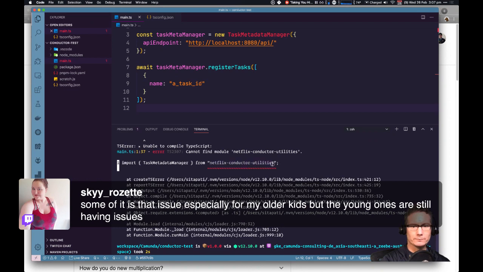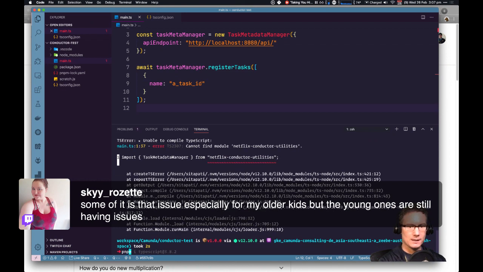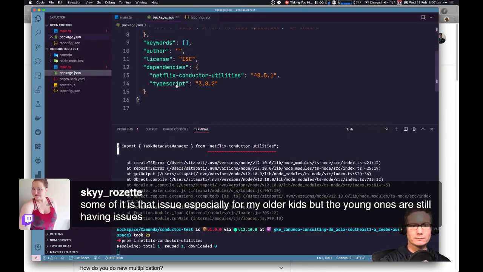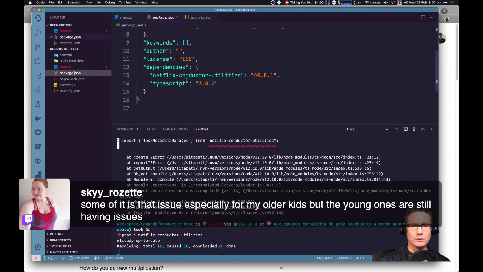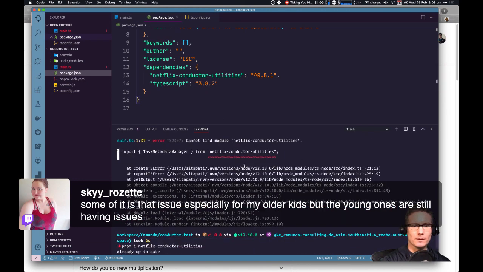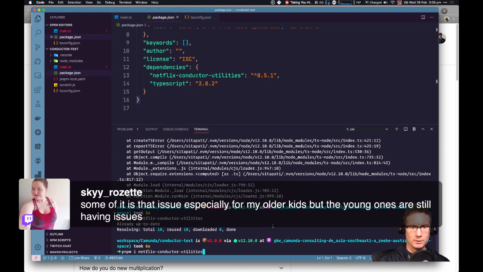Cannot find that module. Let me make sure that I've installed it. So pnpm i Netflix Conductor Utilities. It's installed. Oh, maybe it's because I changed the module.